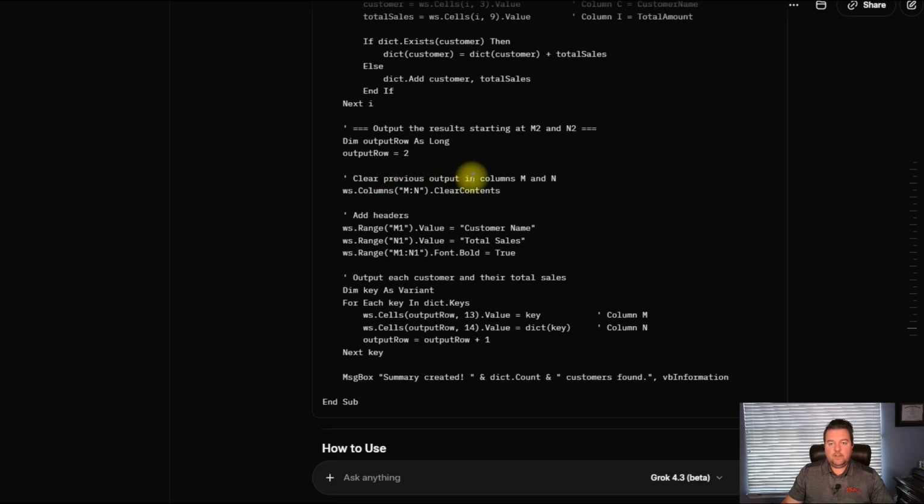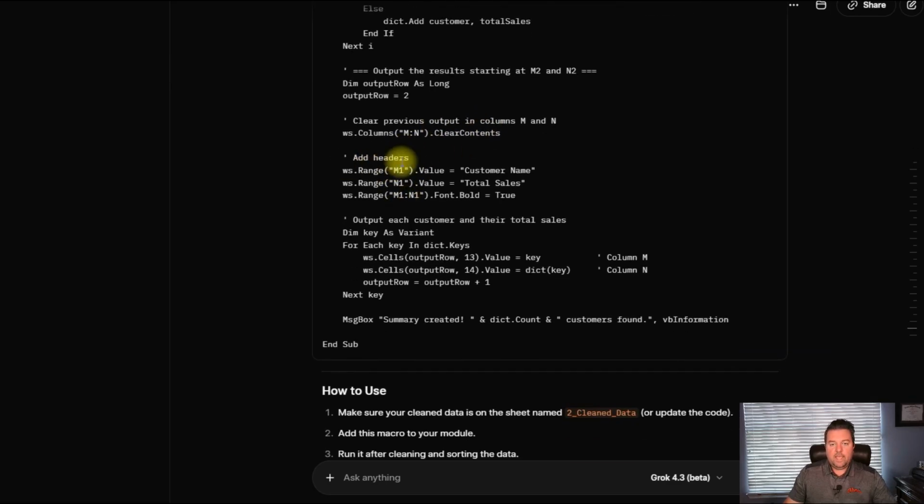It's going to clear anything that was in there, which is just a nice safe way to make sure that you're not screwing up your data if you had old data in there. So basically it's going to redo it every time, which is fine. You may not want that, but it's just a safe thing for us now. That's fine.